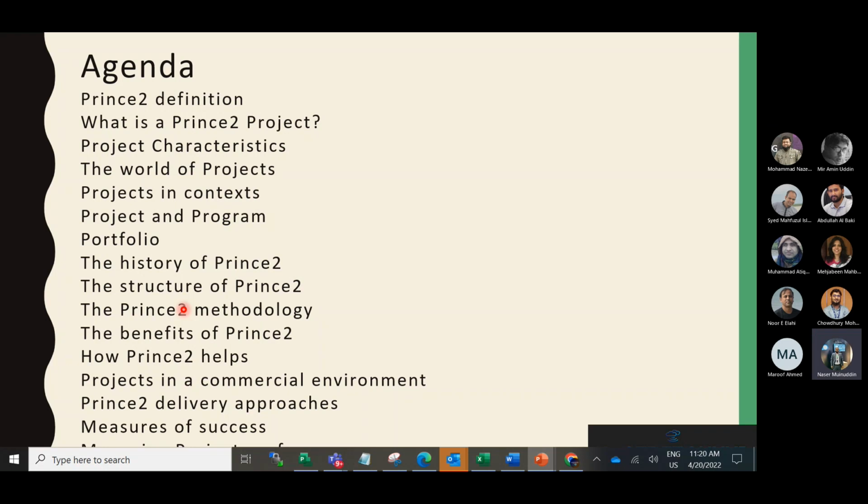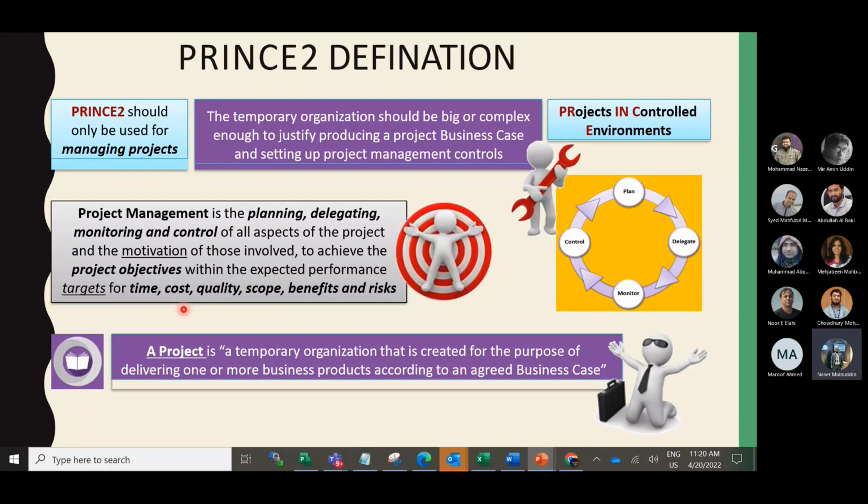So first is Prince2 definition. So if you see that, what do you think the definition is here: projects in controlled environments, and Prince2 should be used only for managing projects. So this is the main objective.